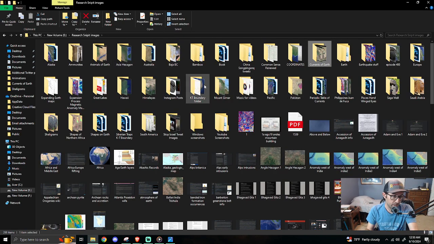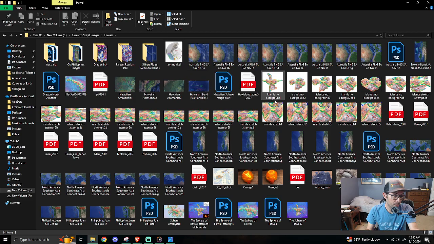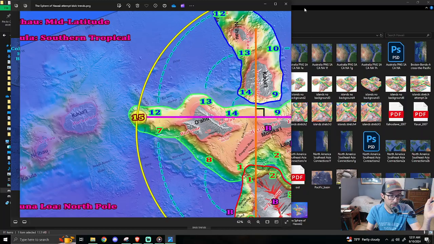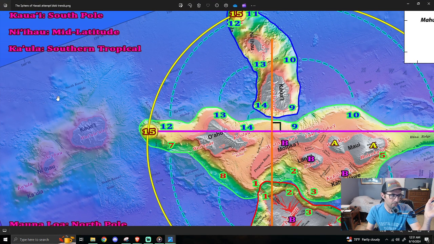As ridiculous as it sounds, it is just so integral to my research at this point, where the physical land masses of the islands around, like the seamount around it, removing the landslides, like pushing this back, but just basically ignoring it, taking the land mass that we see,